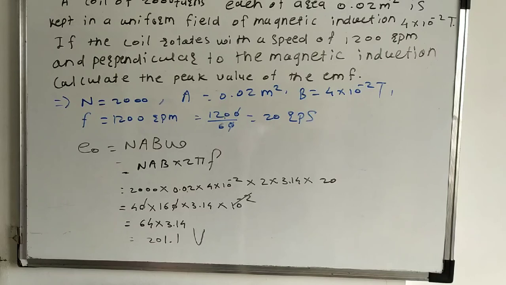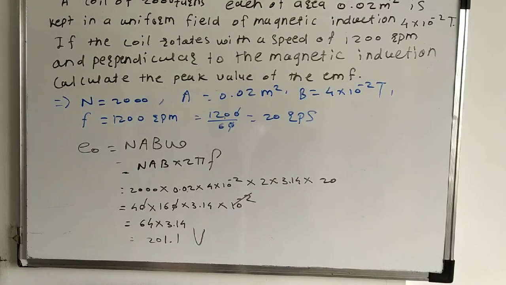In the numericals, the values are directly given. The formula is very clear. The only change in the formula is that we have to put the value of omega. That omega is nothing but angular velocity. Actually it is 2 pi upon T, but the reciprocal, 1 upon T, is f. So instead of writing omega, we can write 2 pi f. F is the frequency. The terms which are given here are already in SI units. Only the frequency is the change here.